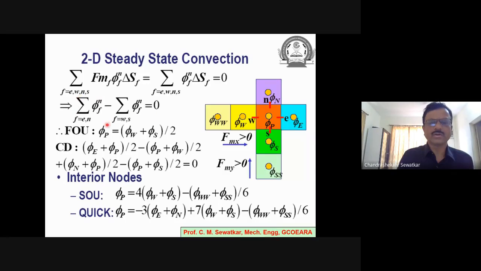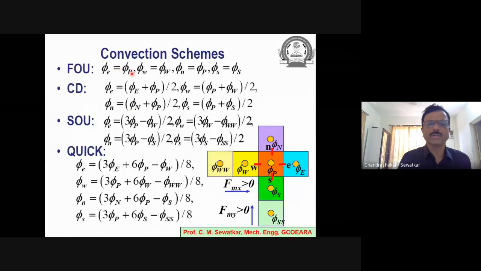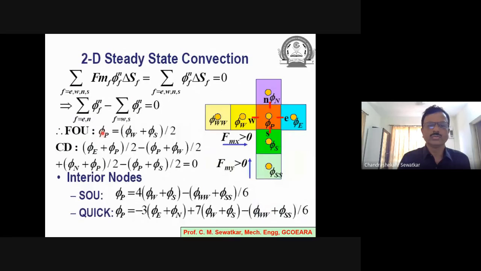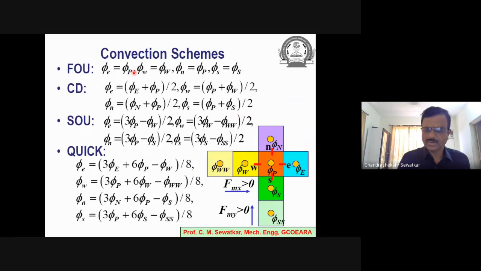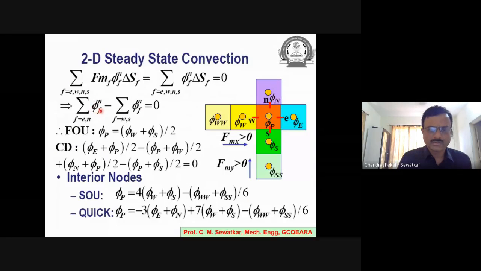If I use the first order upwind scheme and put the expression for phi_F with the help of FOU here and here, I will have quantities like, see here, phi_E is phi capital P, phi_W is phi capital W, phi_N is phi capital P. So I will be having two phi_P's in the expression, right? So two phi_P's, if I take 2 onto that side, I will be having one phi_W and one phi_E. So if I put the value of phi_F here using the first order upwind scheme,